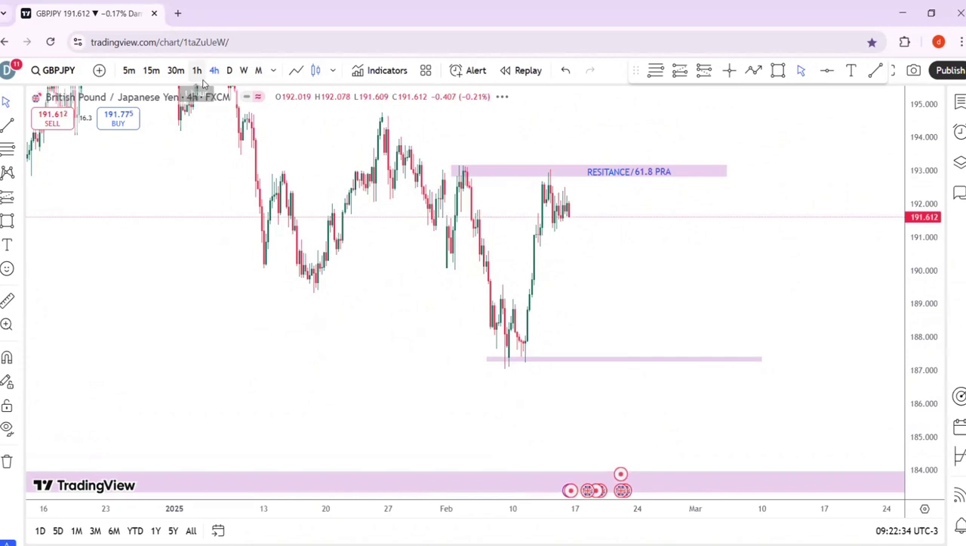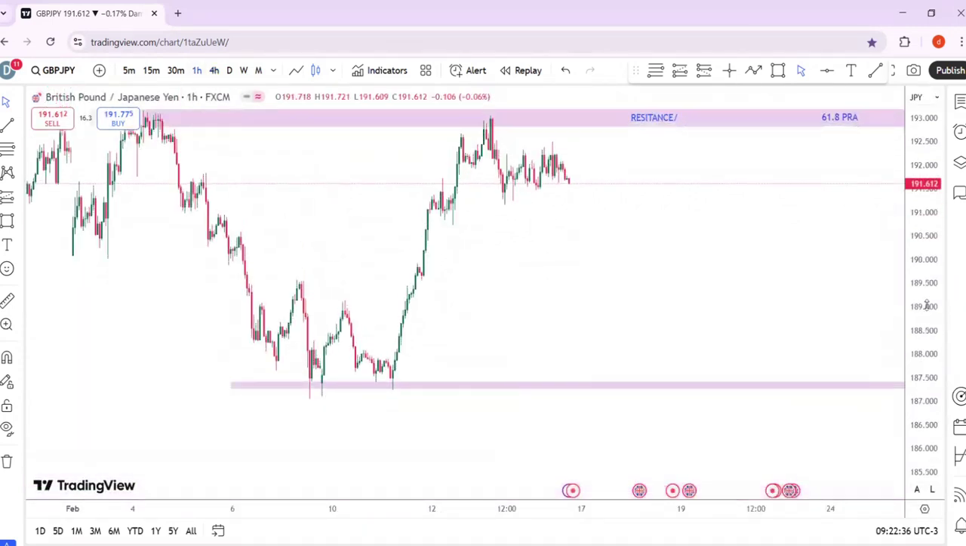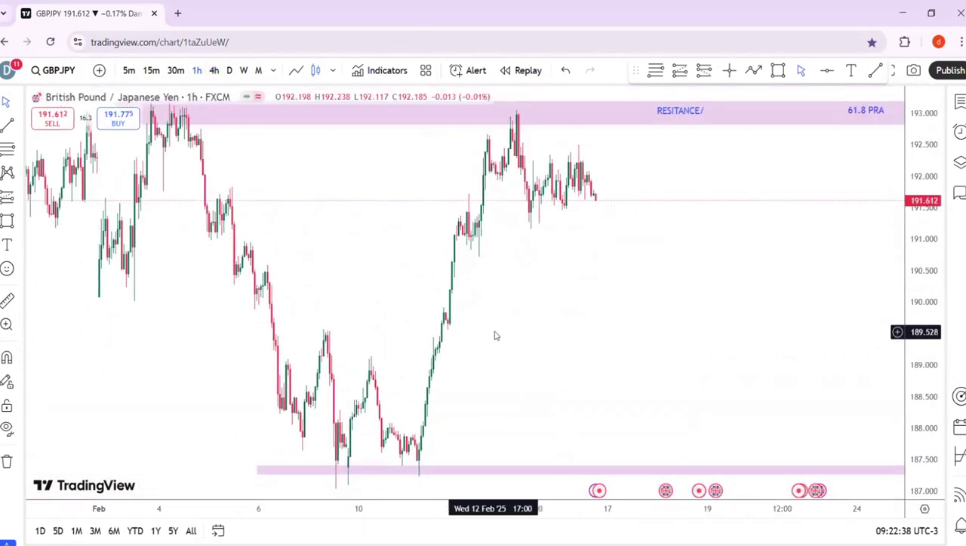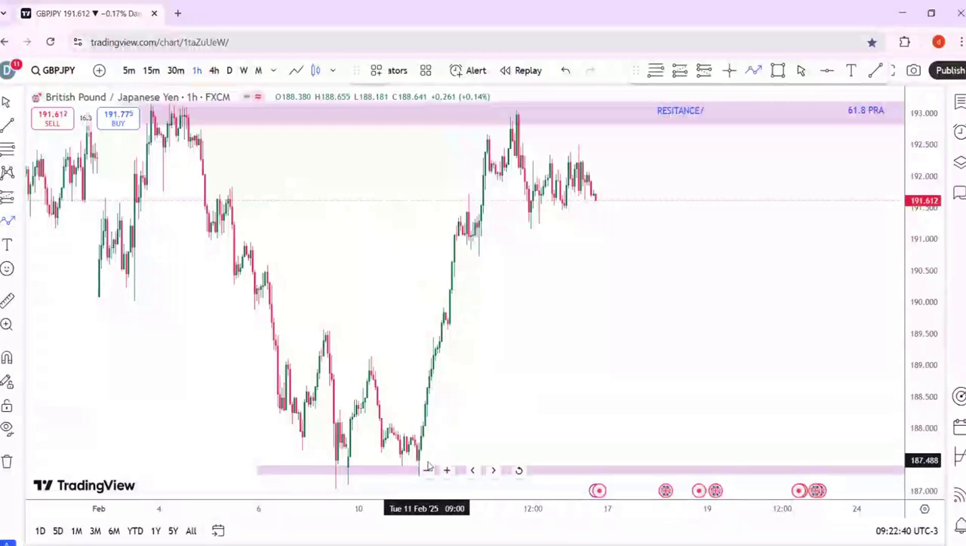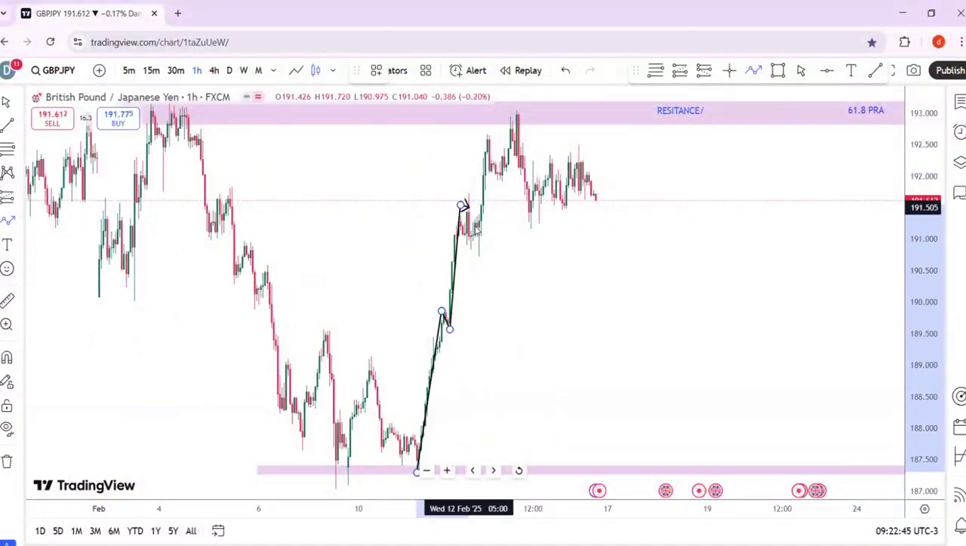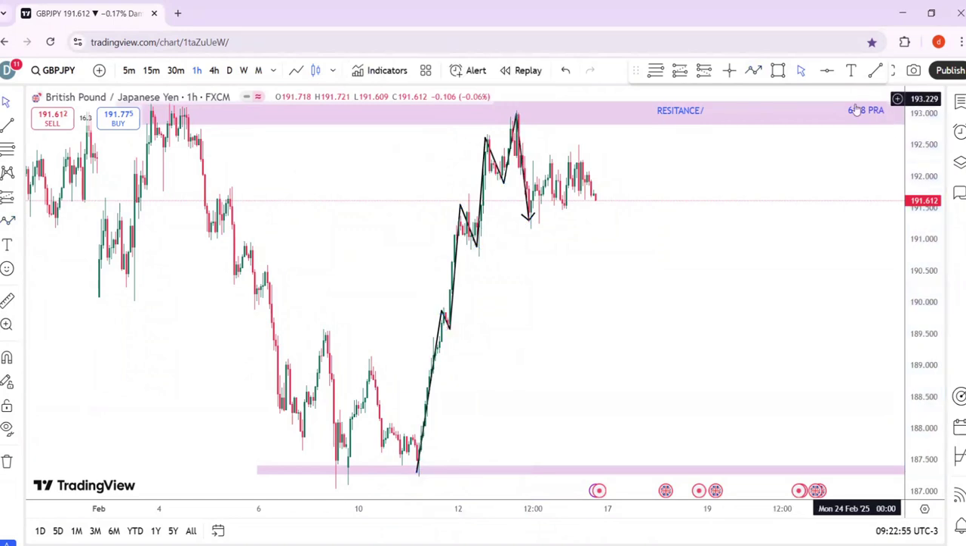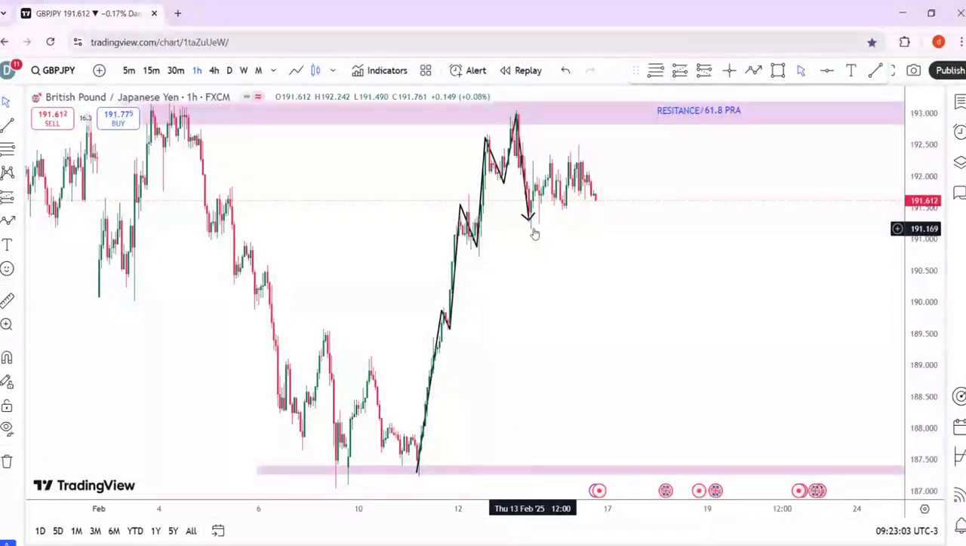So now let's take that bullish movement to the 1 hour time frame to see if we can see a break of structure. Clearly, we can see a break of structure right here. So what are the structures? We can see price make push, exhaustion, push, exhaustion, push, exhaustion, push, hit this resistance / 61.8 PRA and broke a structure. So this resistance / 61.8 PRA acted in its power, okay, and ended this bullish retracement move. This means a sell is ready,